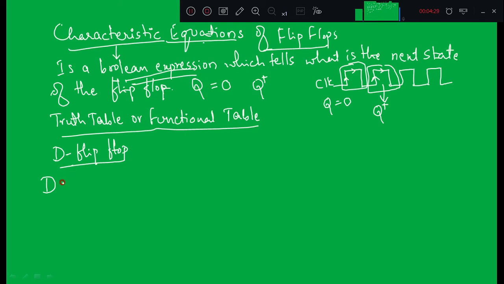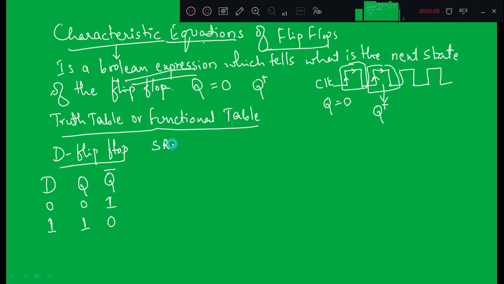For the D flip-flop, the normal input is D, and the states of the flip-flop are represented as Q and Q bar. D is only one input, so it can take either 0 or 1. We know that D stands for data. Whatever value you give to D, the same will be stored in the flip-flop. So Q equal to 0 and Q bar equal to 1 when the control input is applied along with the normal input. When D is equal to 1, Q is equal to 1 and Q bar is equal to 0.